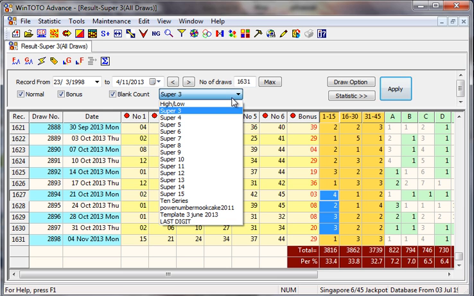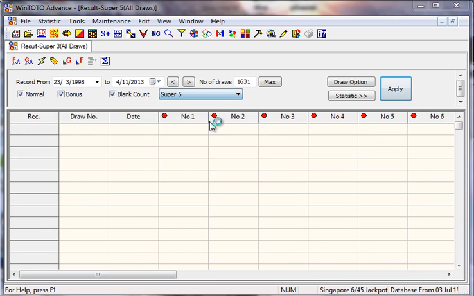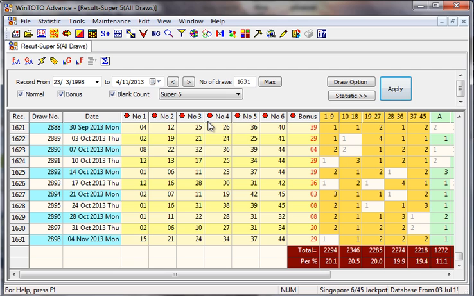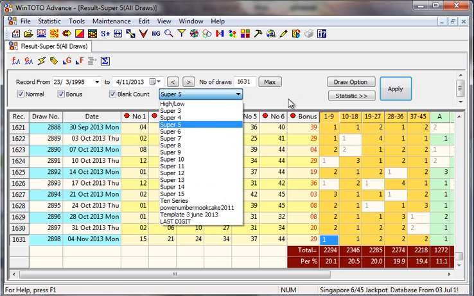So from Super 3, I'll go on to Super 5, where I divide them in categories of 9 numbers. You can see for yourself that for 1 to 9 there's really a blank space here. Based on what happened here, it looks like every time there's a blank space, in the following draw there could be 2 numbers from it. So for 1 to 9, we could expect maybe 2 numbers from this category. This is another way of looking at it, and then let's go into the Super 9.